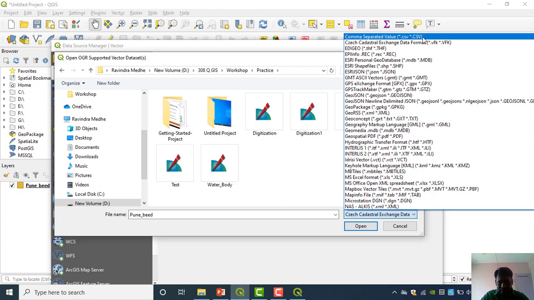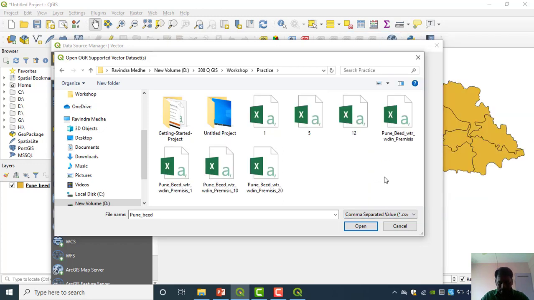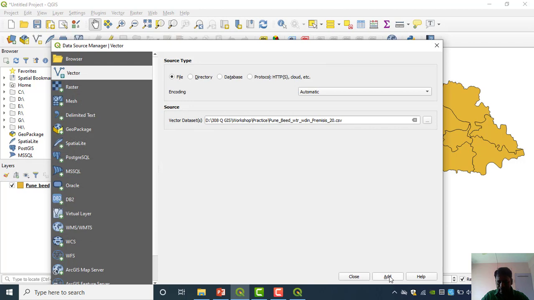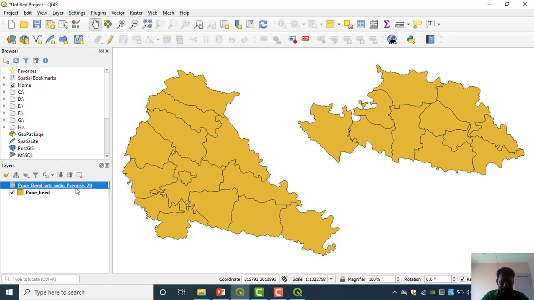I am just pressing C on the keyboard. Our file is the last one, with 20, because all the other files are there but not related to this task. Add and close, and that file will appear here.